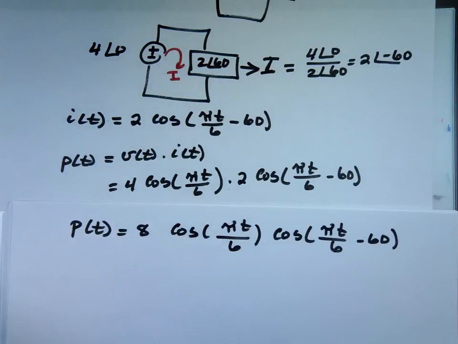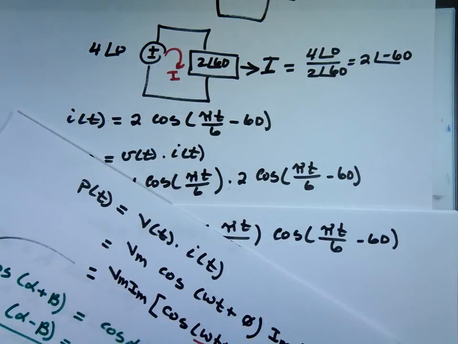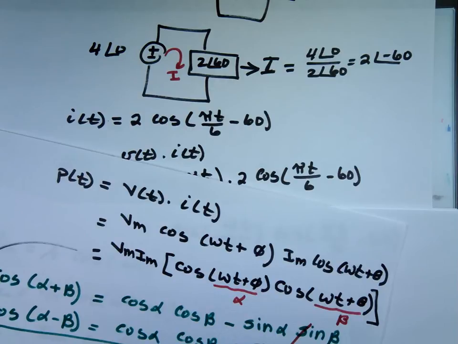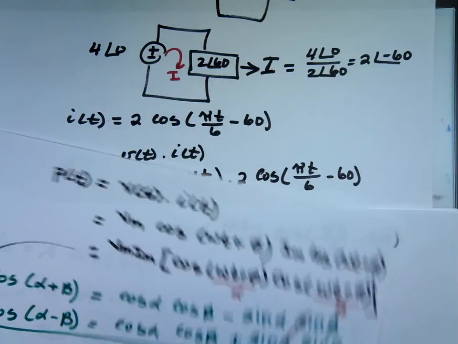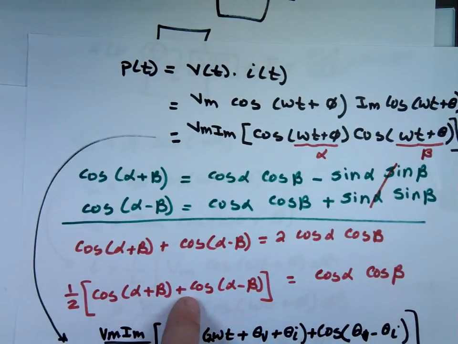Where is it? This one. That cosine, when you have multiplication, it's 1/2 cosine the sum plus cosine the difference. Remember that? So if I do that trig substitution,